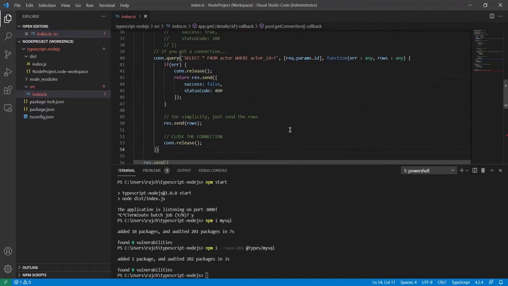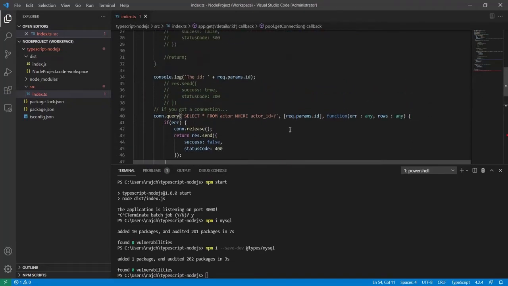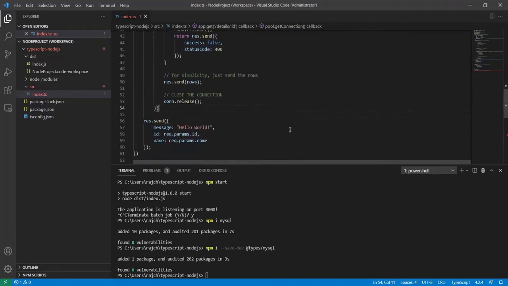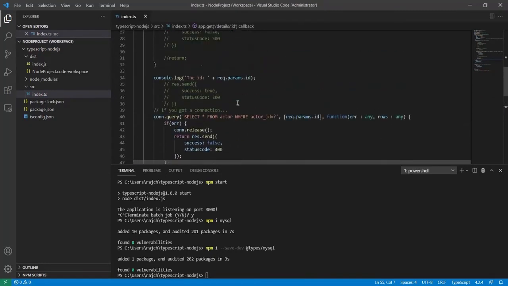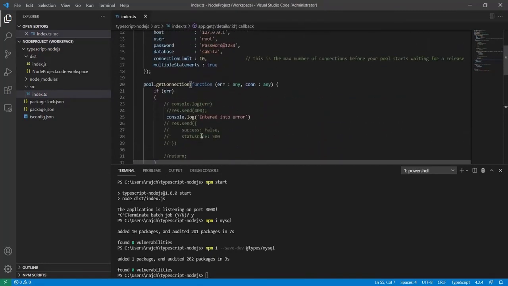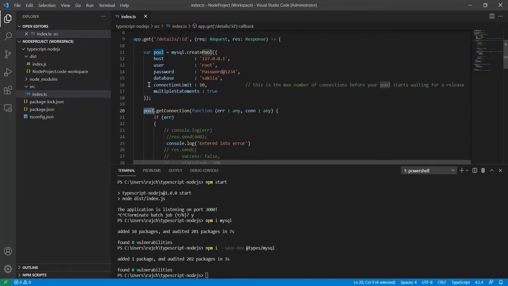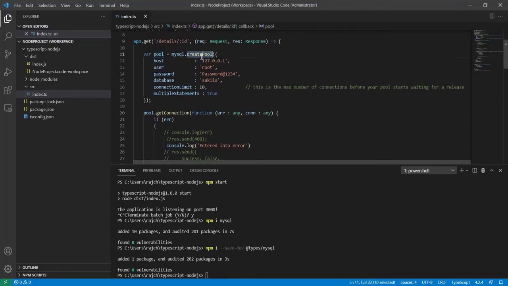Okay, so that's it. Now let me explain it. Here you can see this is the getConnection property of the pool that we have just created, and I am using this getConnection property here.